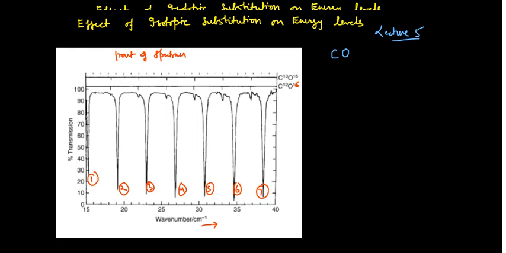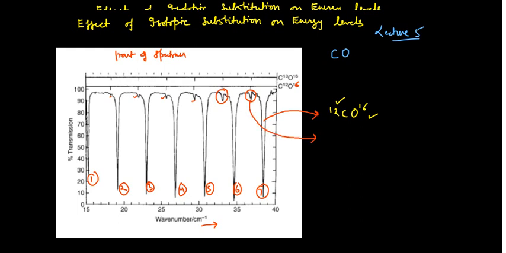Now another very important pattern which you can notice from here is the very small peaks. This is a small peak, and this is another small peak, and similarly this peak is also there, this peak is also there, this peak is also there, and this peak is also there. So what I am telling you is that this peak is due to the carbon-12, oxygen-16 isotope. So carbon-12 is there and oxygen-16 is there, and then there is the smaller peak, which is this one.